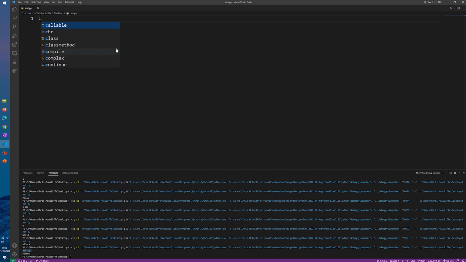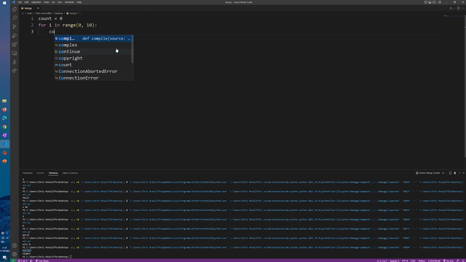Now let's look at an example of this. If I create a simple program here, we'll have count equals 0, and we'll say for i in range 0 to 10. And I'm going to increment count by doing count equals count plus 1. This is a very simple algorithm, but let's look at how we can develop this algorithm the same way, but